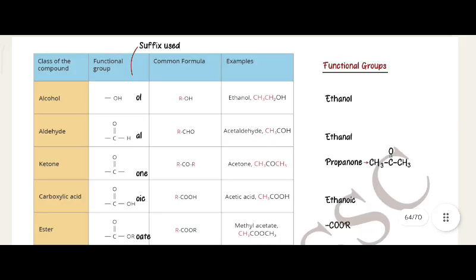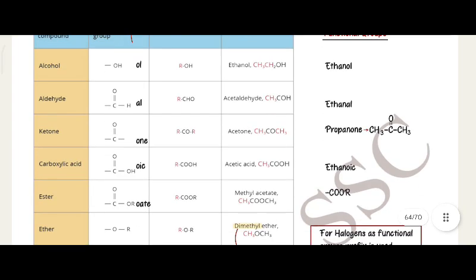Class of compound, functional group, suffix used, common formula, examples. Alcohol: OH, suffix -ol, ROH, ethanol, CH3CH2OH. Aldehyde: C double bond O, H, suffix -al, RCHO, acetaldehyde, CH3CHO. And ketone: C double bond O, suffix -one, RCOR, acetone,